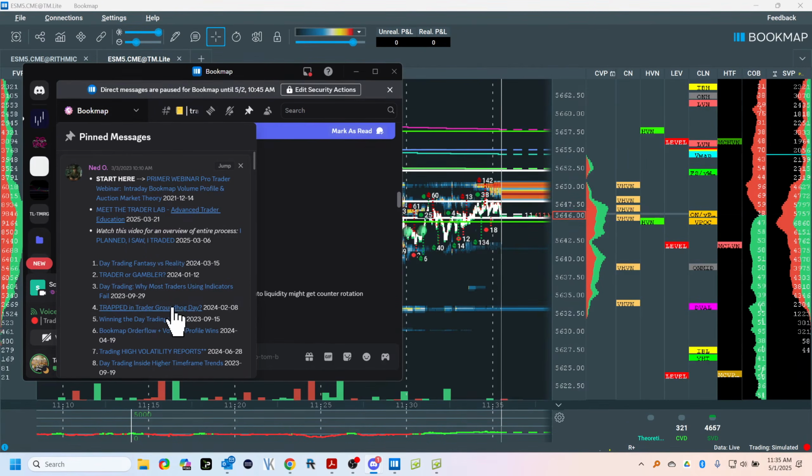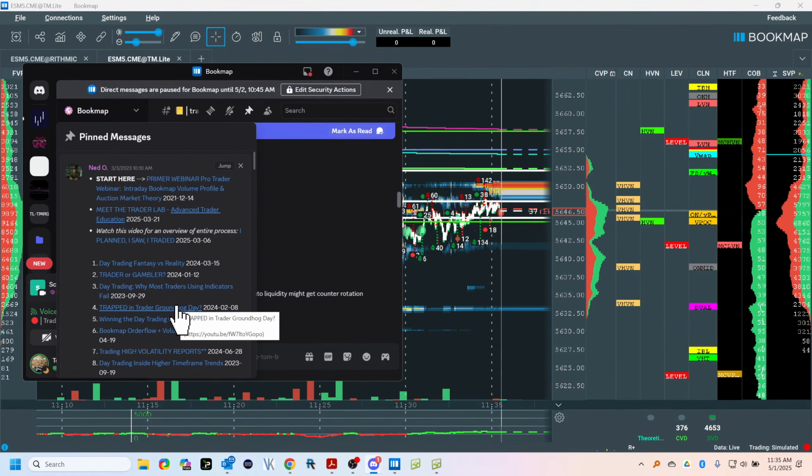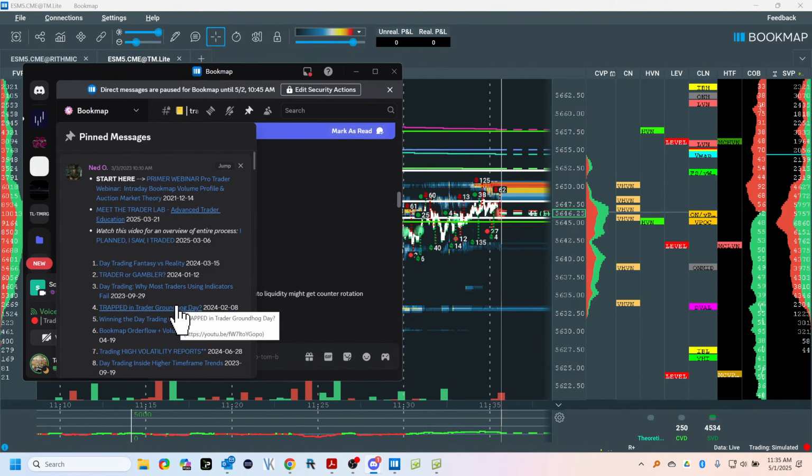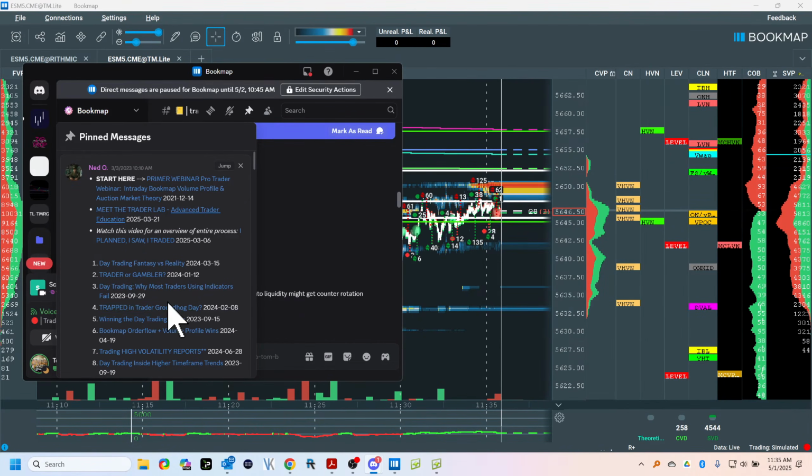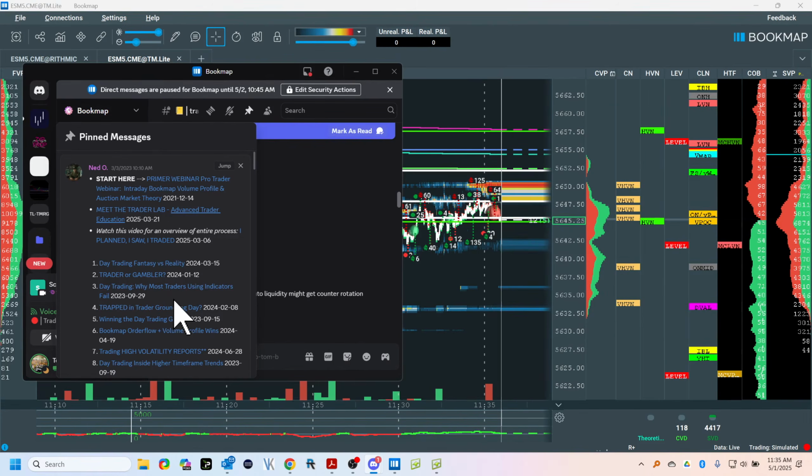Are you trapped in Trader Groundhog Day? That's what I was trapped in. Winning trades, trying to make it better, and just getting more of the same. Winning trades, still not going forward. Despite having multiple winners in a row, winning weeks, I was still not able to sustain it. So I always thought I have to make it better, tune and tweak. Are you tuning and tweaking? I thought I could do it better because I built systems so they would do it, and I just got more of the same.